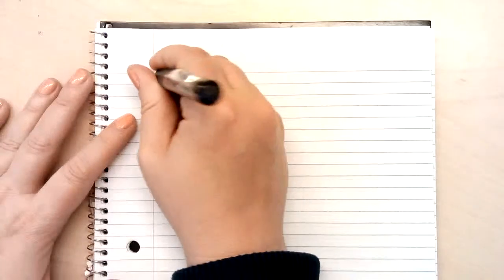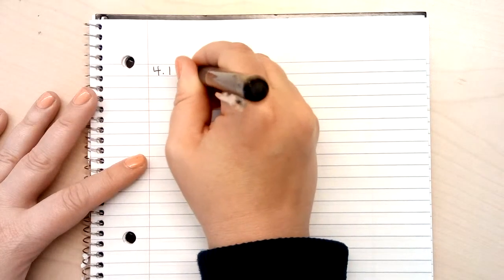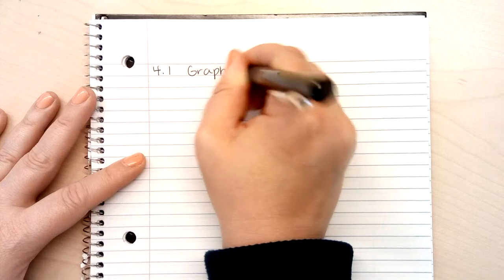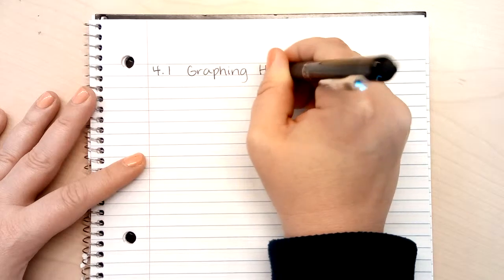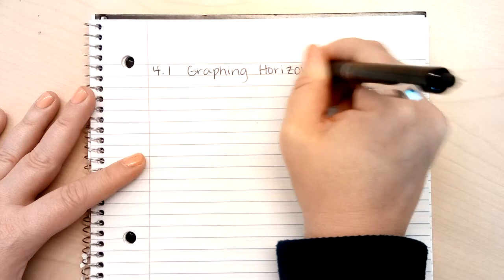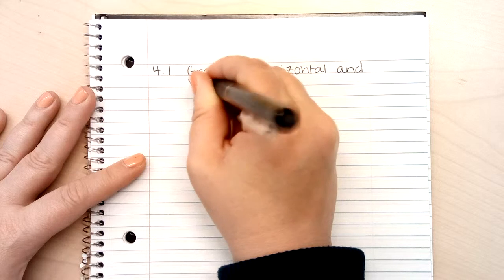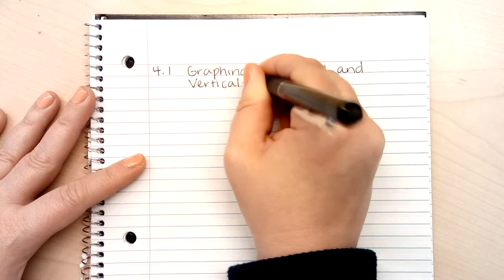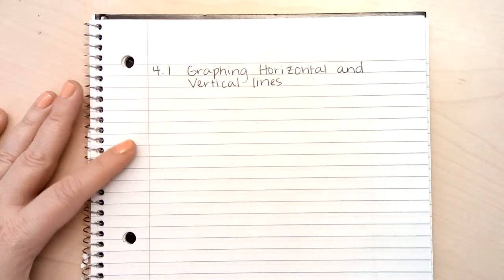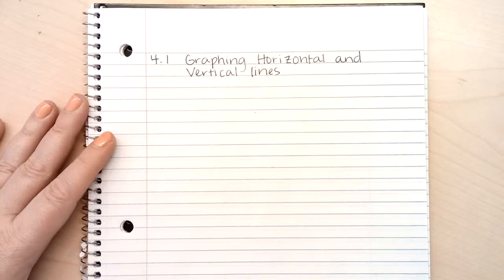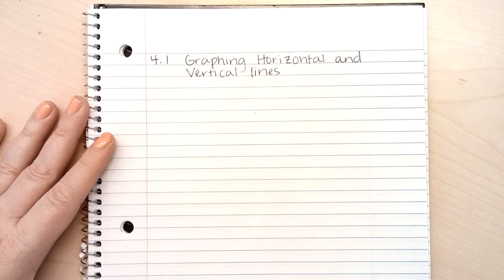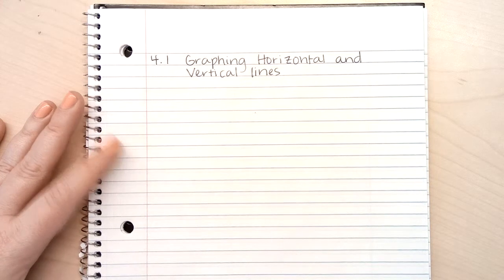Right, 4.1. We're still in 4.1, Chapter 4, Graphing Linear Equations. And this is going to be about graphing horizontal and vertical lines. So we are still talking about linear equations and graphing them, but this time instead of talking about graphs that have a positive or negative slope, we're going to talk about